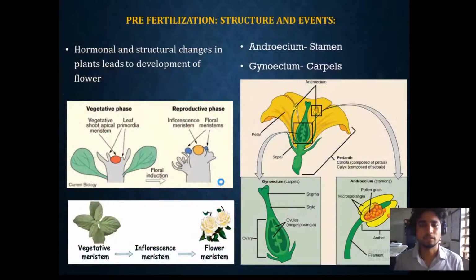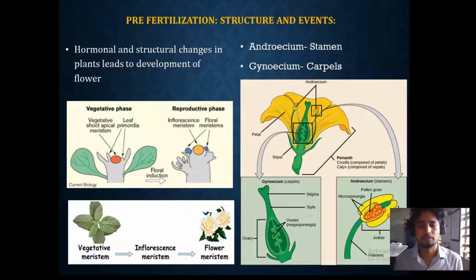And further, we saw how flowering is induced, how flowering begins. We said that hormones induce flowering. These hormones are chemicals, bringing about changes in the structure and physiology. That's how they initiate flowering, and these hormones help to switch from a vegetative phase to the reproductive phase.